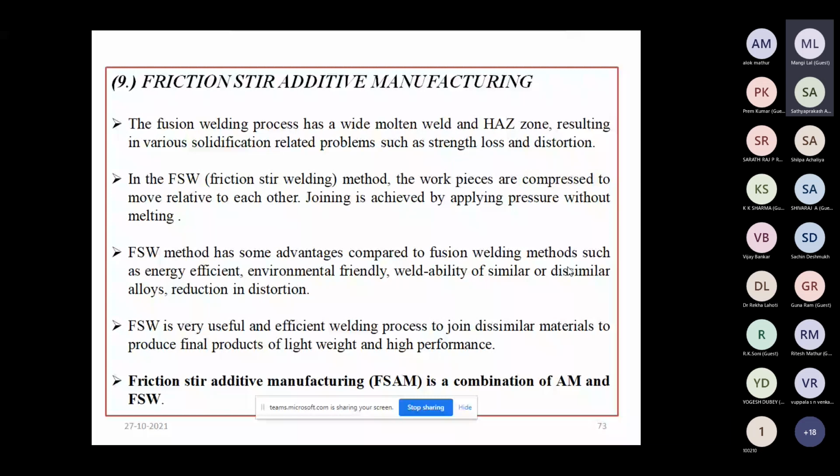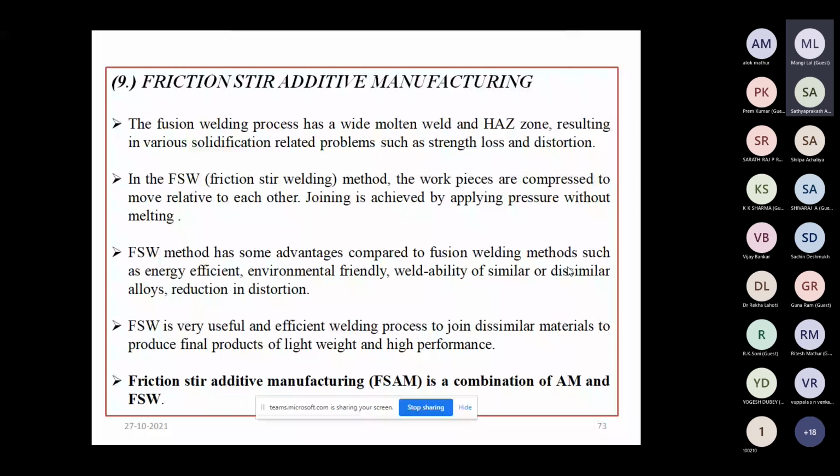This is basically the disadvantage, because as the heat affected zone is large, there can be a change in the properties of the weld joint. In order to avoid this type of disadvantage, we can use friction stir additive manufacturing, because it is a solid state welding process or solid state joining process.